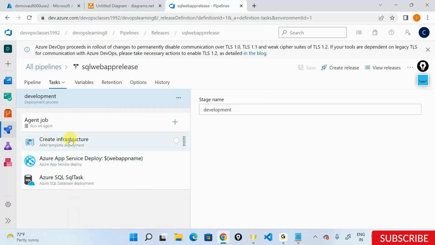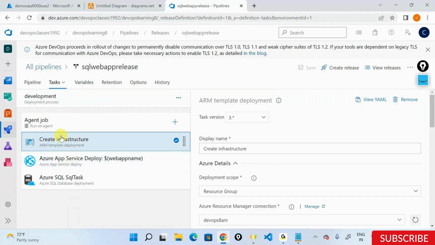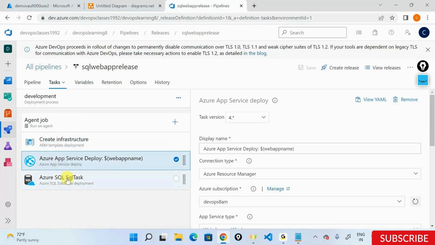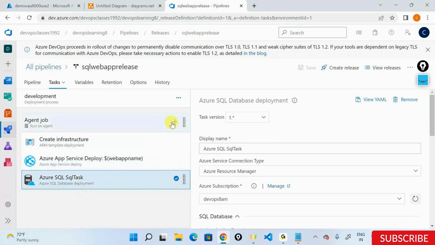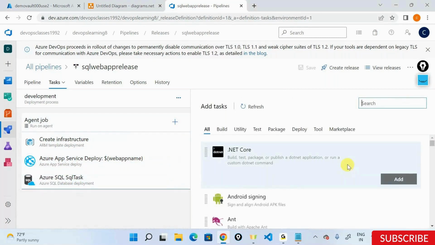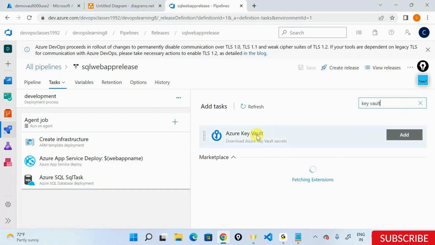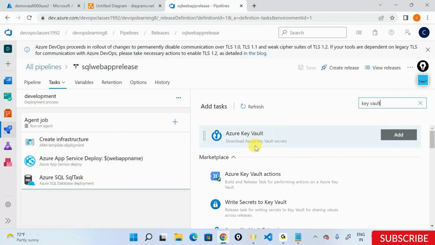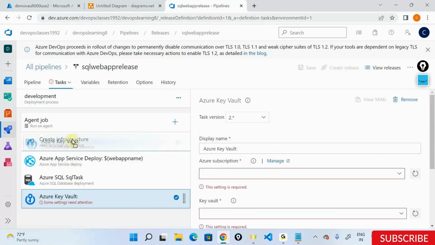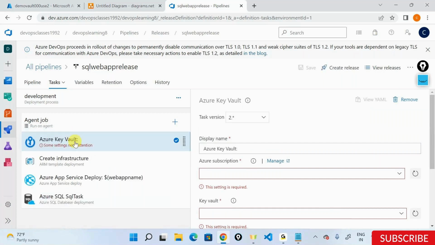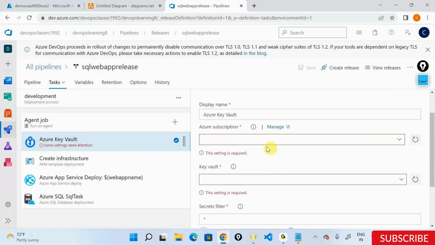Let's see. Here I'm creating the infrastructure. Then I have, let's say, the app service deploy. Then I have something called SQL task out here. I'll add one more task before all this begins, and I'll search for something called Key Vault. Download Azure Key Vault secrets. I'll say add. Take this all the way to the top, and now I'll say Azure